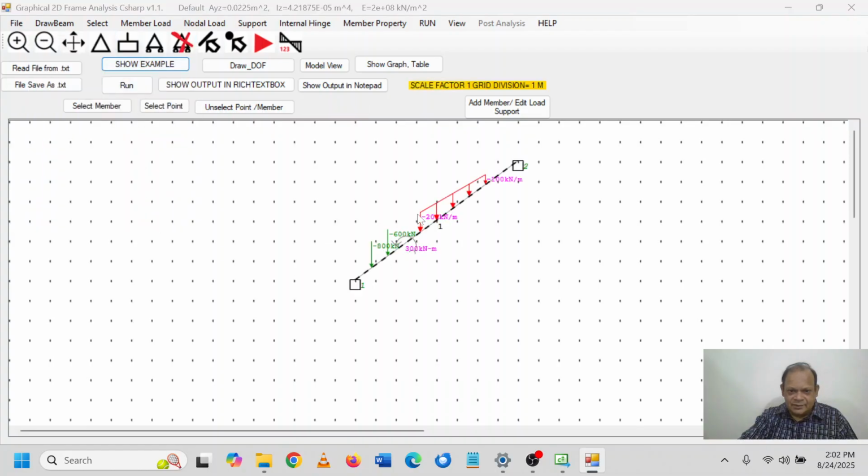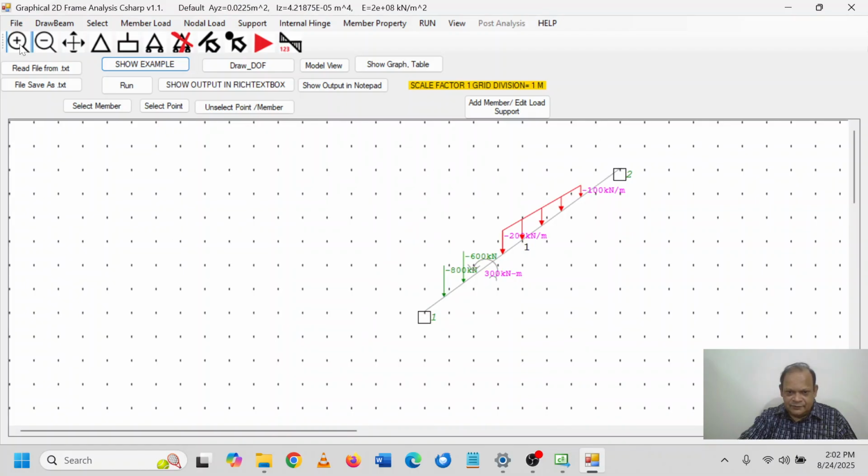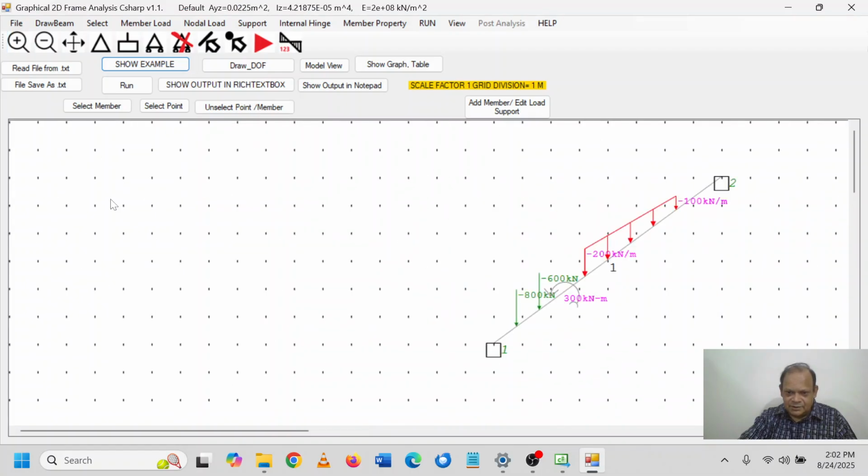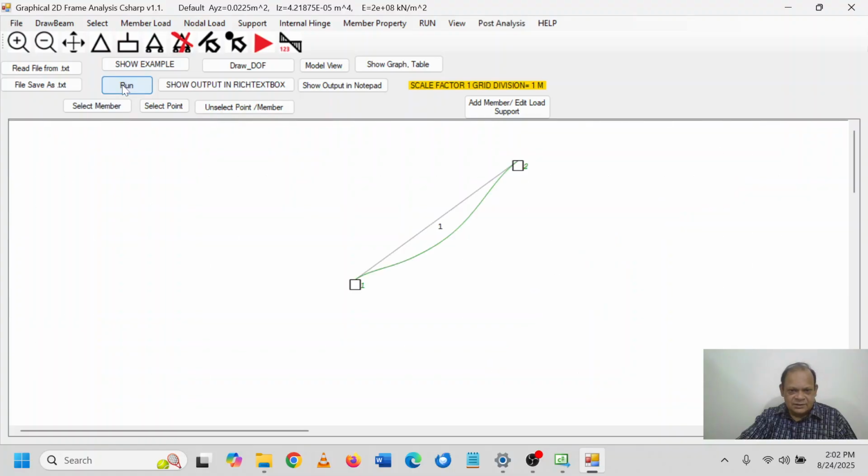This is a both-ends fixed frame inclined with partial trapezoidal force and a few gravitational direction forces, and also one moment. And if you run it,